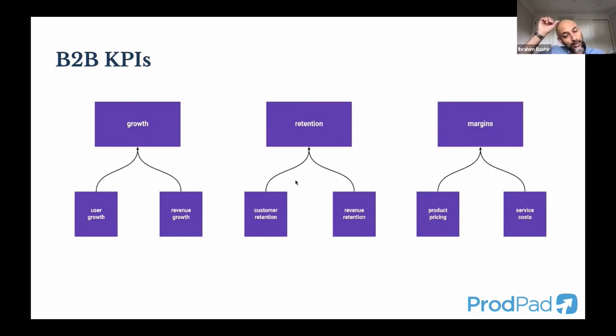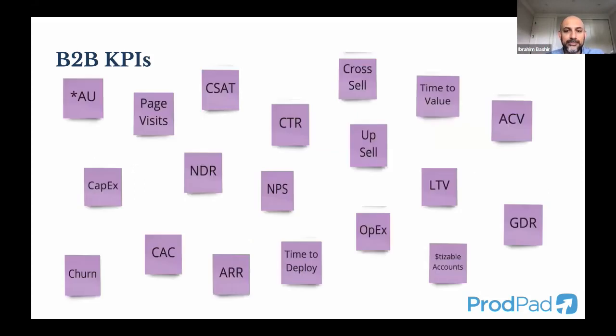The reason I like to poll people is I've spent a lot of time thinking about this, and I think everything can ladder up. Whenever I do this brainstorming, these are some of the things that come up, right? NPS, we heard, net dollar retention, effects, time to deploy, ARR, churn, we heard. I've seen monetizable accounts, time to value, cross-sell, customer satisfaction scores. And I think when you're a product team, it can get overwhelming at times to wrap your head around this. And some of these can be North Star metrics. Sometimes you have threshold metrics and tension metrics around these. And it can just be a lot of metrics to wrap your head around.